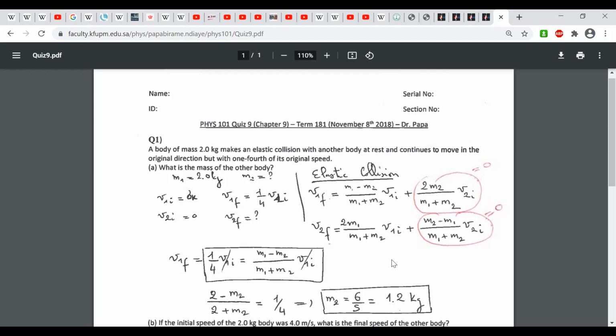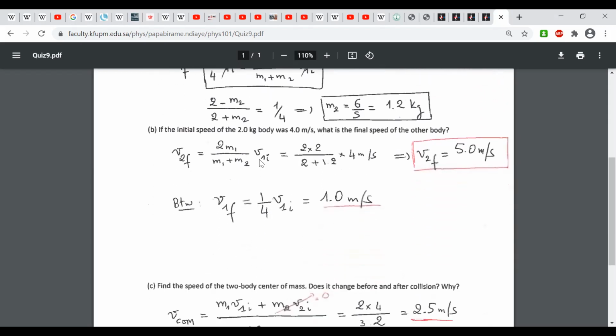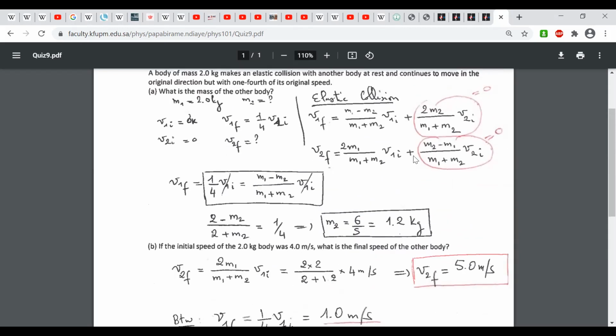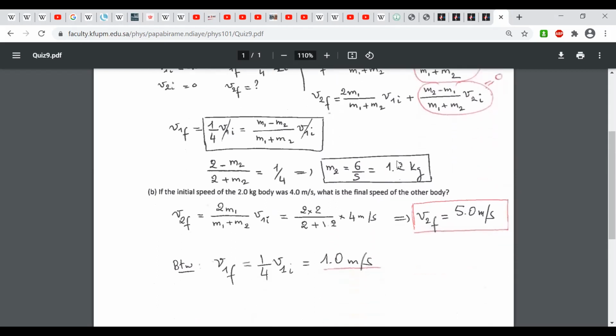Now, second question. I said if the initial speed of the body was 4 meters per second, what is the final speed of the other body? Easy. You do it. You use the second formula. Now here this is 4 meters per second. You just apply your formula. And what is the final speed of the first body as well? You can get it. And since it's an elastic collision, as I told you, you can check that